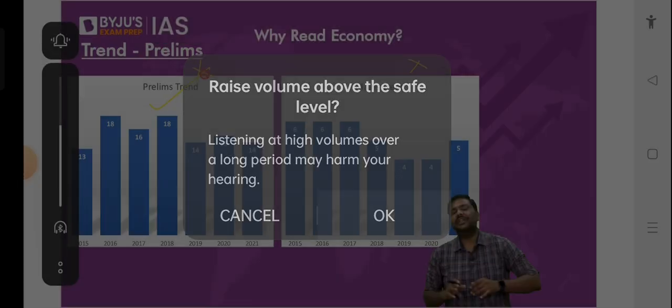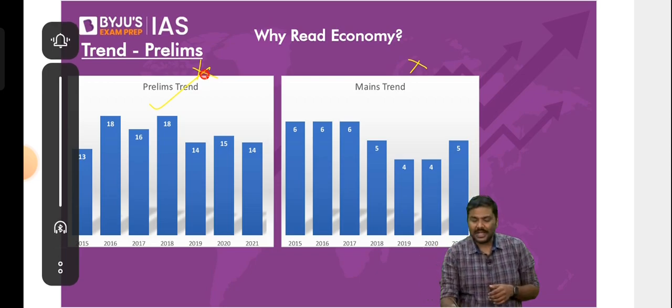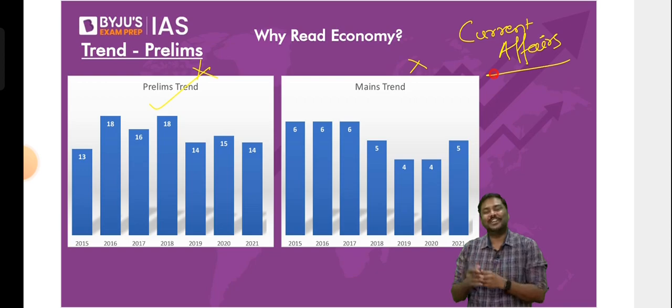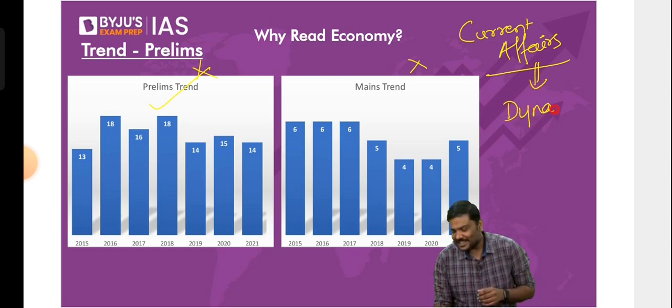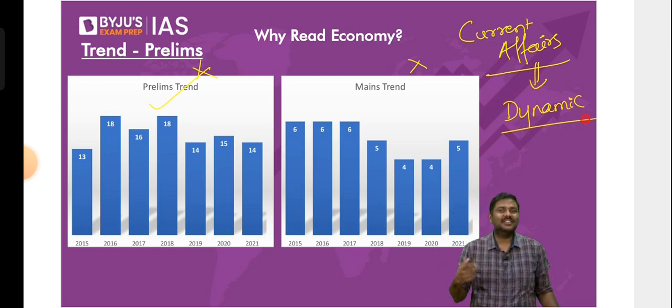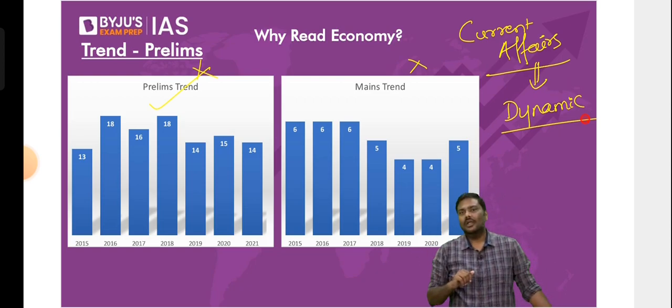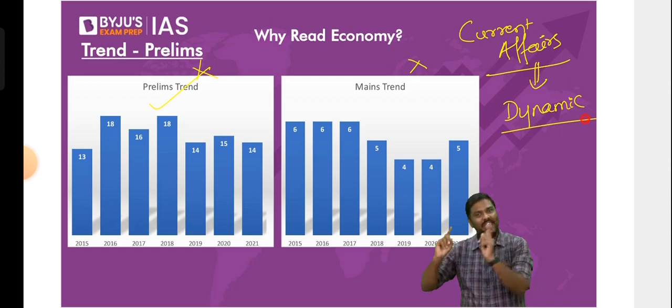And remember the next point here. The kind of questions asked by UPSC are more current affairs based. Or else, you must have heard one more term, dynamic based. That is, in simple terms, UPSC will pick up the articles or concepts which are in the discussion and ask you questions on these concepts itself. Let me give a very simple example so that you understand.